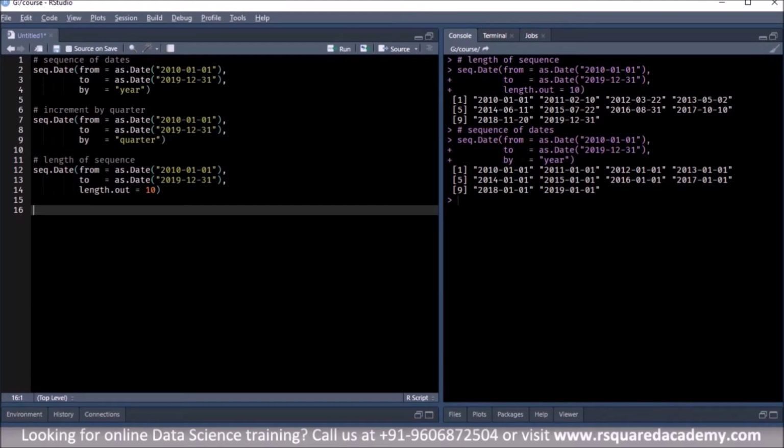Okay, now let us move on to another example, right? In all of the previous cases, we have specified both the start and the end date. Now let us look at a few examples where we create a sequence of dates but only specify the start date. So in the next example, we'll only specify the start date but we'll not specify the end date, right? So we'll stick with the same start date, which is 1st January 2010, but since we are not specifying the end date, we have to do a couple of other things, right? We have to specify the unit of increment and then we have to specify the length of the sequence, right? Let us try this.